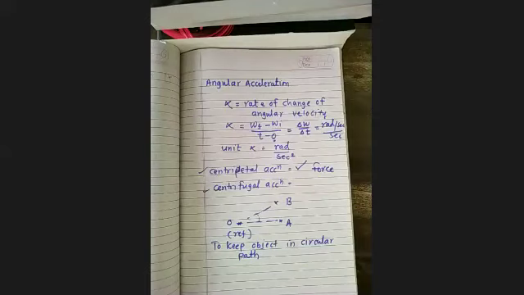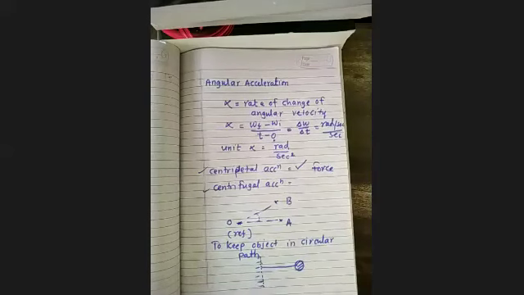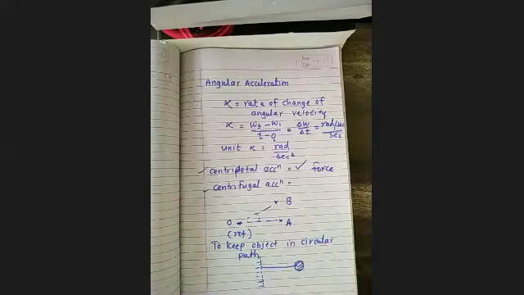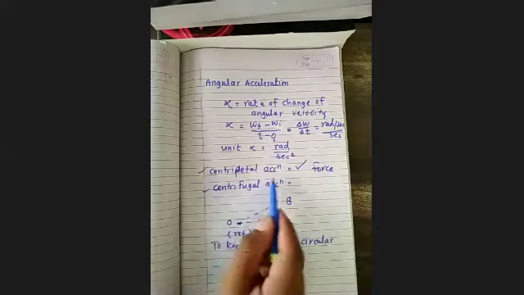Let's take one example. Just take a thread and tie it to a stone, and you can join the other end of that thread to any rigid support. That rigid support may be your hand, right? And now if we apply a certain force on this object to keep it in a circular path around this rigid support, that particular force is called the centripetal force. And whatever acceleration is acquired by this object due to this force is called the centripetal acceleration.